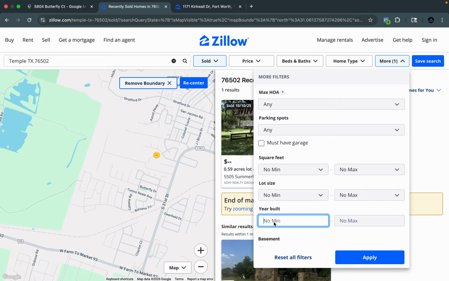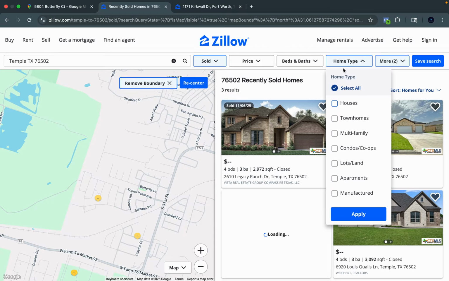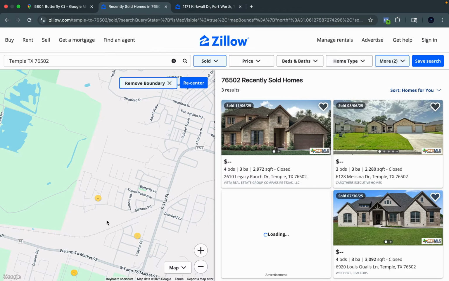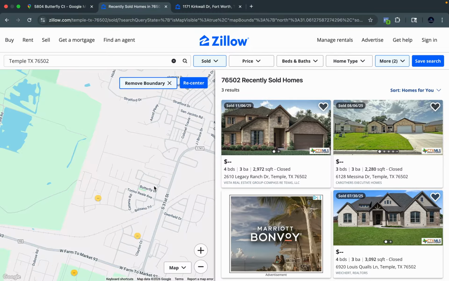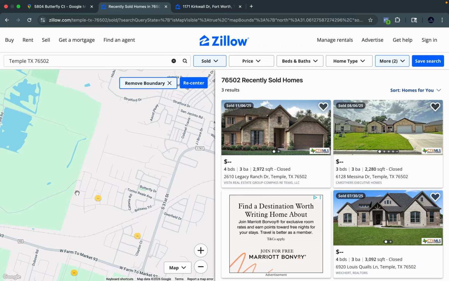Preferably, if you can find new construction builds within the area, it makes it a whole lot easier. That way, you get an MAO, and in addition to the MAO, it also helps with getting it sold. So you're not scouring around looking for buyers because you ran comps on land, and when you look at new construction builds, there aren't any in the area. So I always prefer to use new construction builds. That way you can get an accurate offer and also gauge if builders are even buying in that area. But yeah,